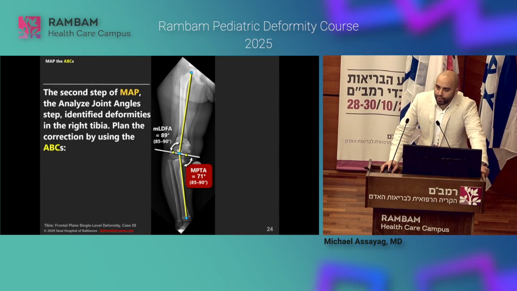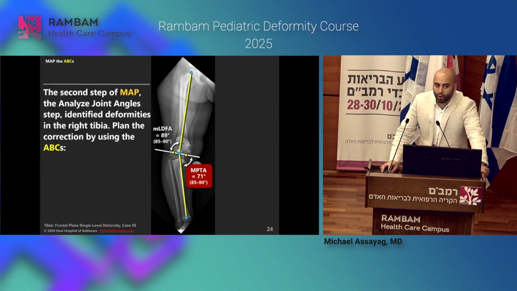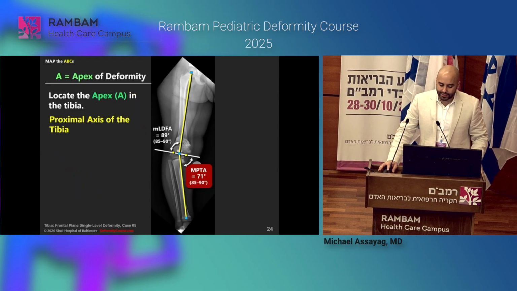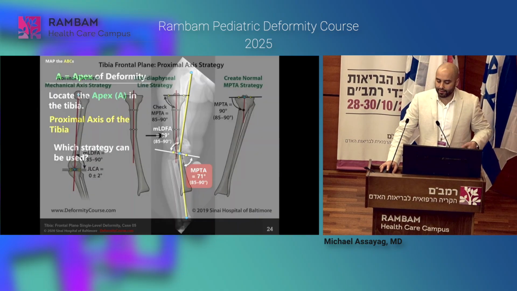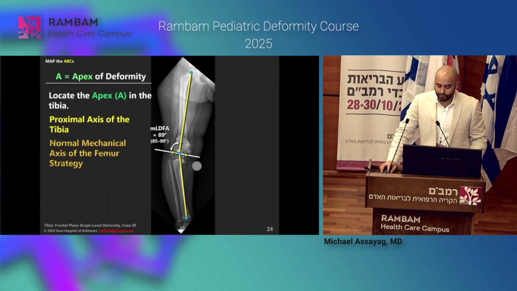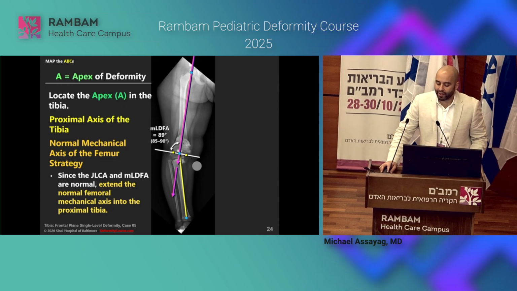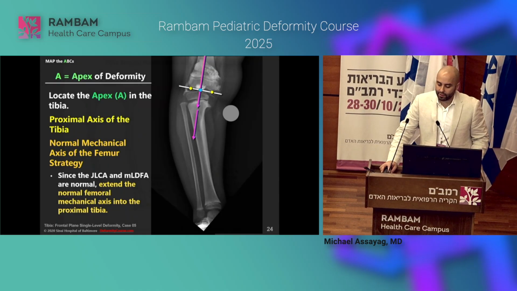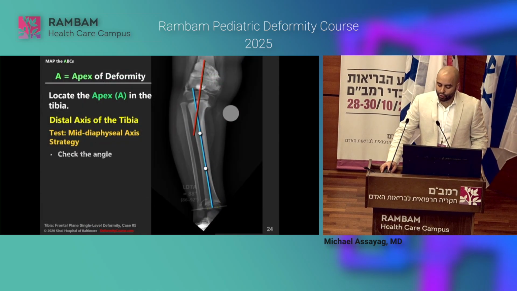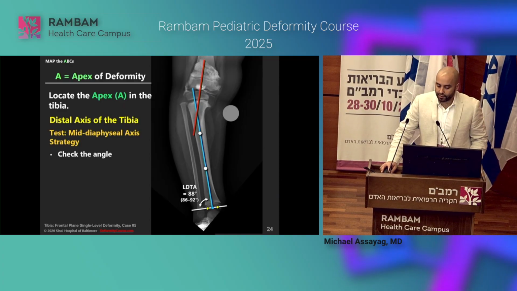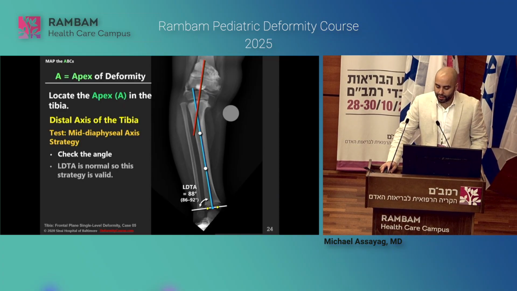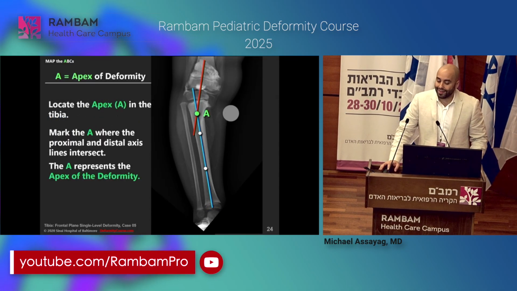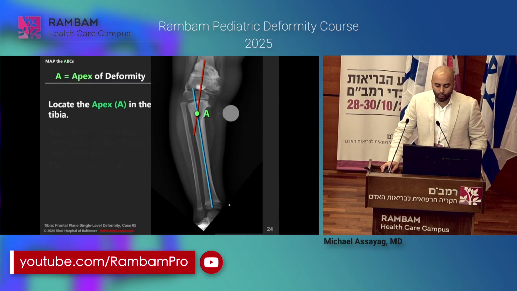Now, the tibia is the culprit, but where is the deformity? That's where we apply the ABC. And to find the ABC, we realign the proximal mechanical axis by extending the tibial, the femoral line. Once again, it's my favorite method if I can use it, right? So here I'll do it. And distally, I'll use the long diaphyseal segment if it creates a normal LDTA of 88 degrees. I'll find an apex at the proximal tibia, and it's a valid strategy. So we could decide to do an osteotomy at the level of the deformity, or here in this case,